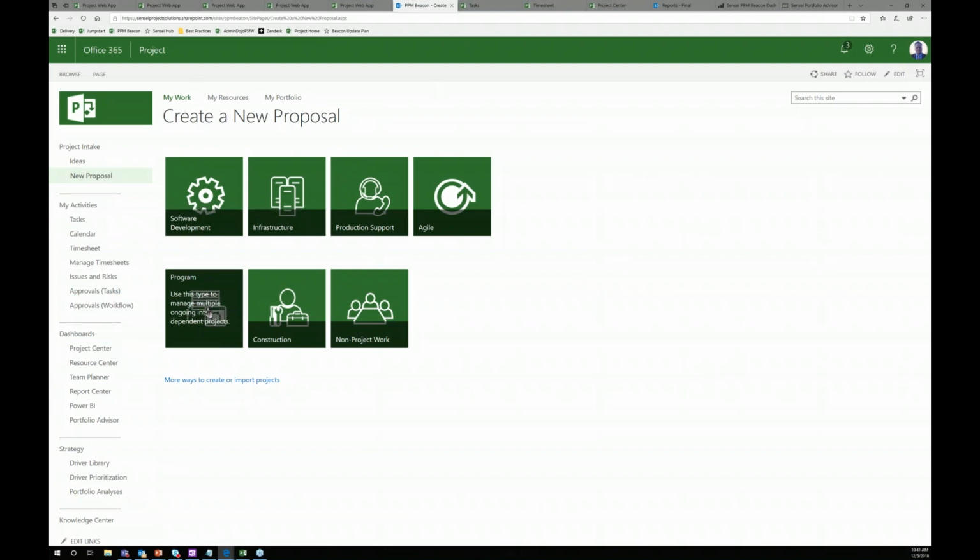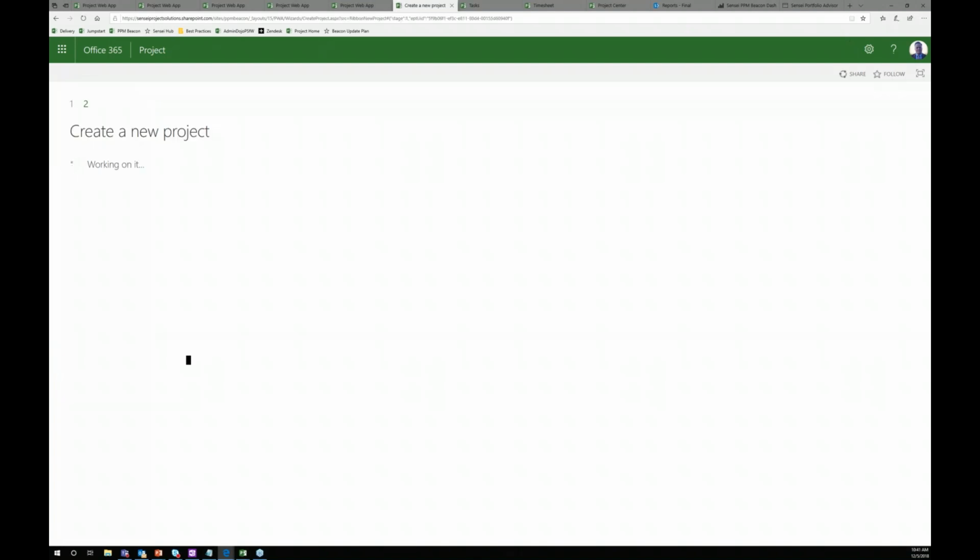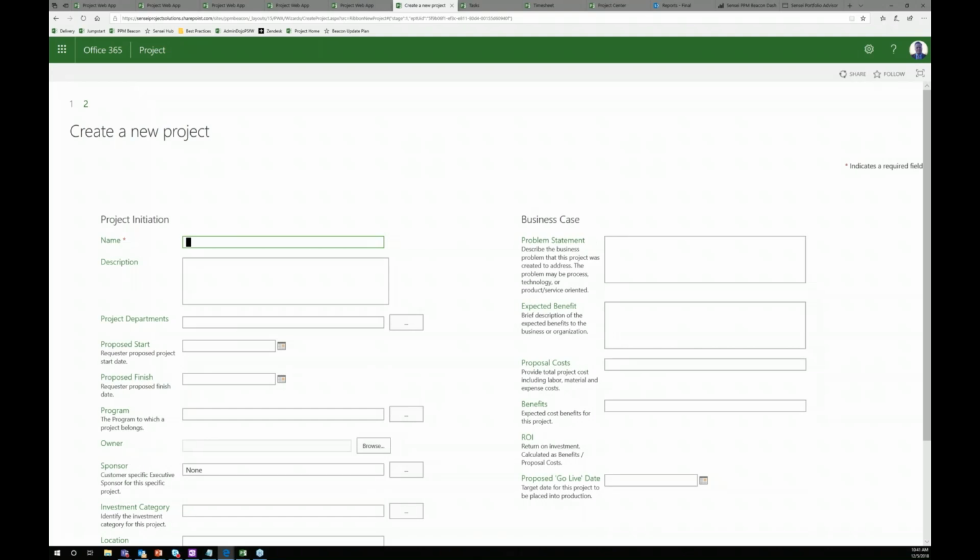You can be in PWA only if you have the project manager rights to create a project, and you can create a new proposal. One of the things that you get when you create a new proposal through PWA is a set of project detail pages. These can be forms that you can fill out to capture project level information. And so you can actually automate the process of creating a new proposal,